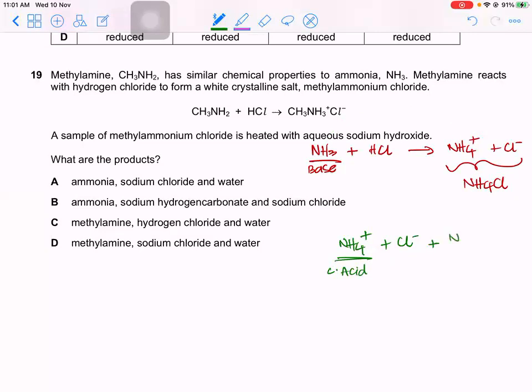That's what conjugate acids are. So when you react this with NaOH, which it can react, why? Because this is a conjugate acid, it can react with a base. What will this give you? This will give you ammonia gas. So it will give you ammonia, it will give you NaCl, and it will give you water. So let's see. 19, they are saying, what are the products when you add methylammonium chloride? So now you won't get, obviously, ammonia. I just did the reaction with ammonia, right, with ammonium ion. But the reaction will not be the same with this. I mean, this is different. It behaves the same way though, but it will be different.